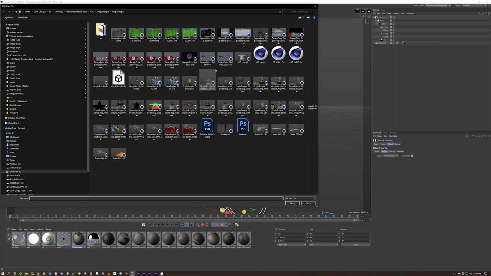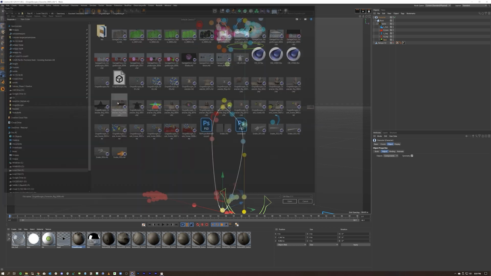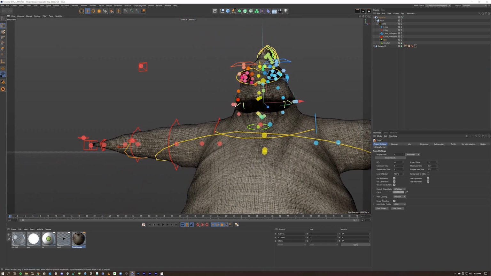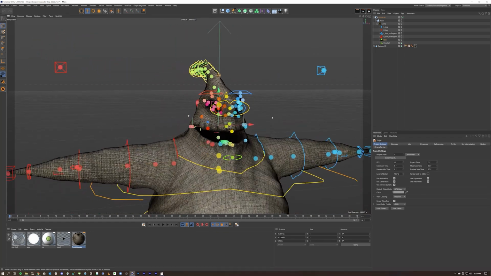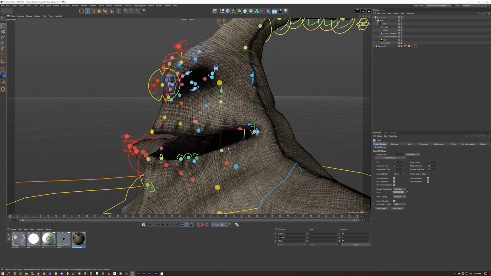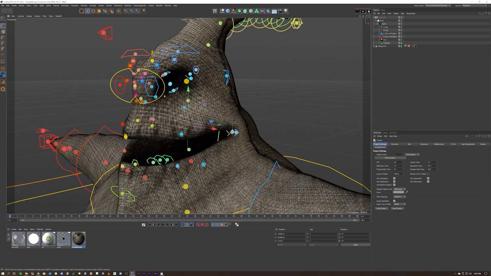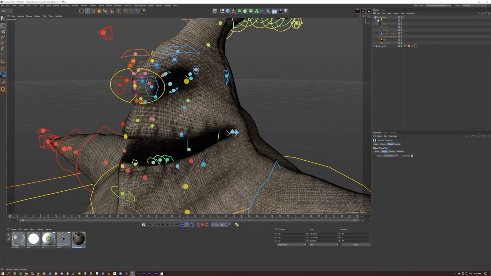So let's see what it looks like after I've spent about 30 minutes on the actual model and getting it clean. So here we go. This is our toon rig with all the control points where they need to be. You can see the eyes have been kind of rotated around. If we go back to our character, we can go from